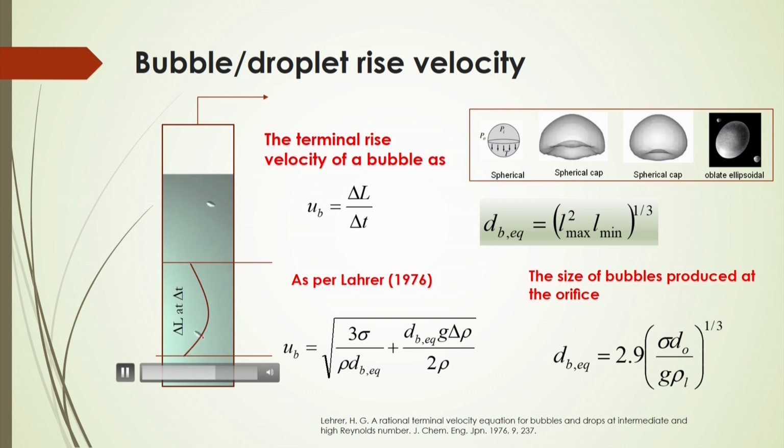And if we measure this length with respect to time, within a certain period of time delta t, this length is travelled, and then we can say what the rise velocity of these bubbles is. So, this rise velocity will be equal to delta L by delta t. Here, if suppose the bubble goes straight, then only this simple length will be there. So, that will be your rise velocity.